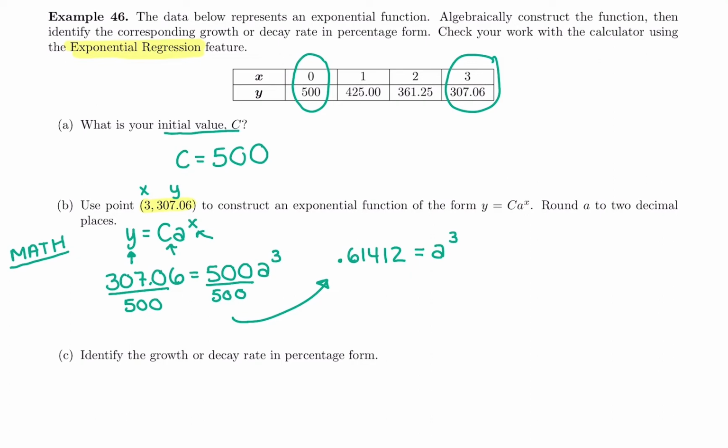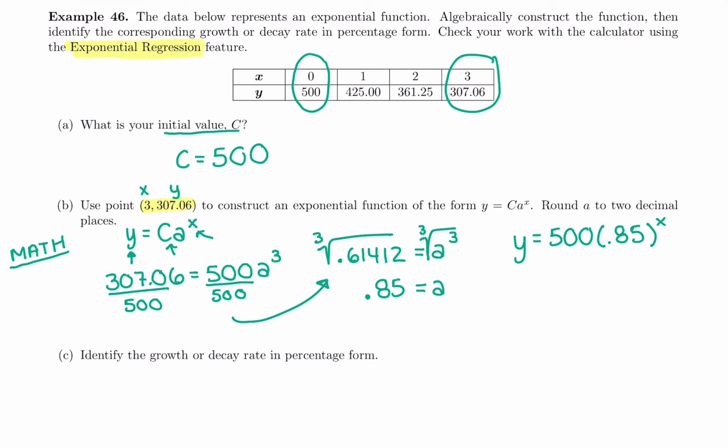I can figure out which one's going to give me the cube root of each side, so that I can get A by itself, and I'm going to plug in the cube root of 0.61412, which is going to give me to the second decimal place 0.85 for my A. And now I can do this last step of writing y equals C times A to the X, so y equals 500 times 0.85